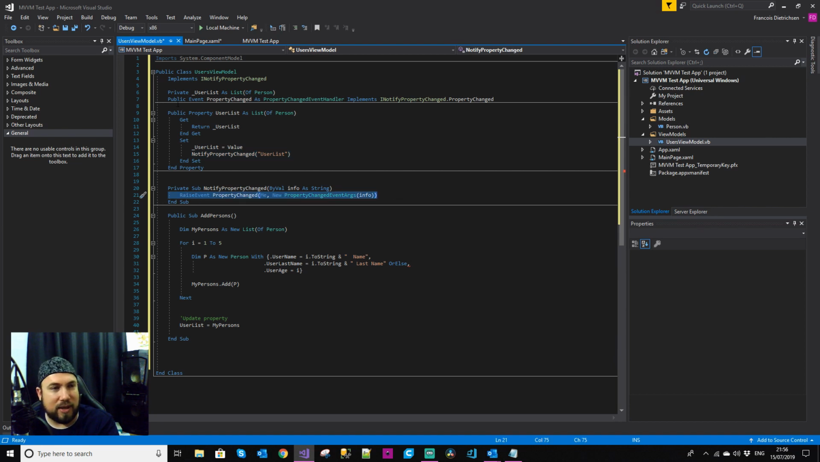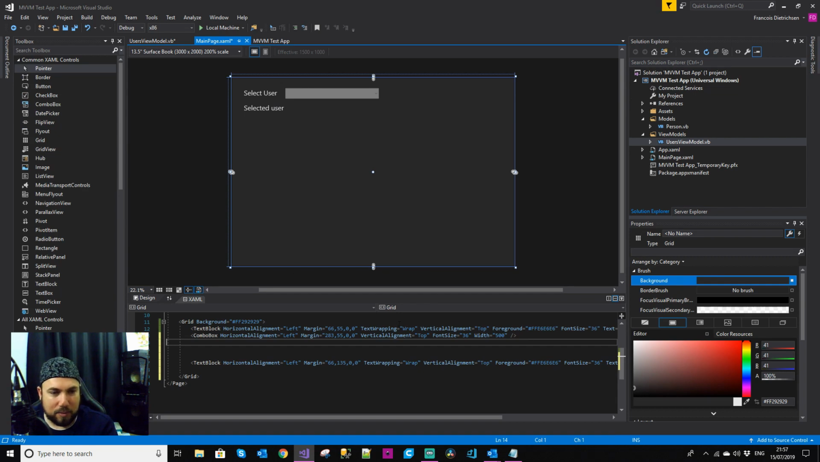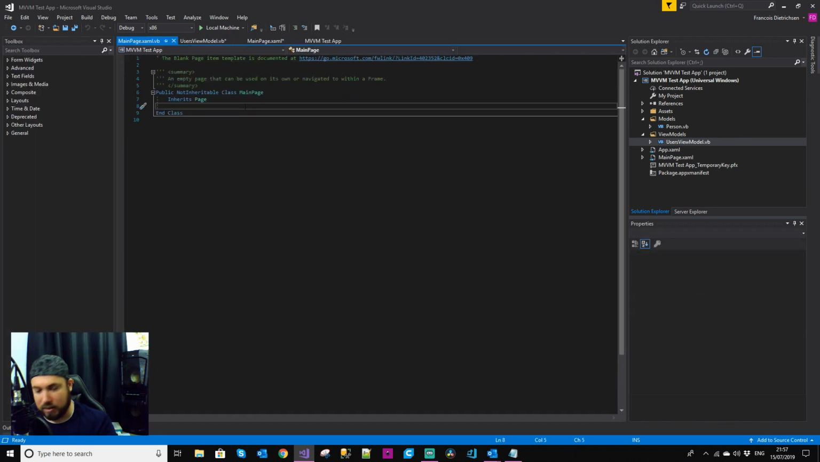It's going to raise the event, and it's going to tell my system that we have just updated the property. Okay, so there we go, we have a view model. Now let's go to the main page. I'm going to right click on here, I'm going to go view the code, and immediately you can see that